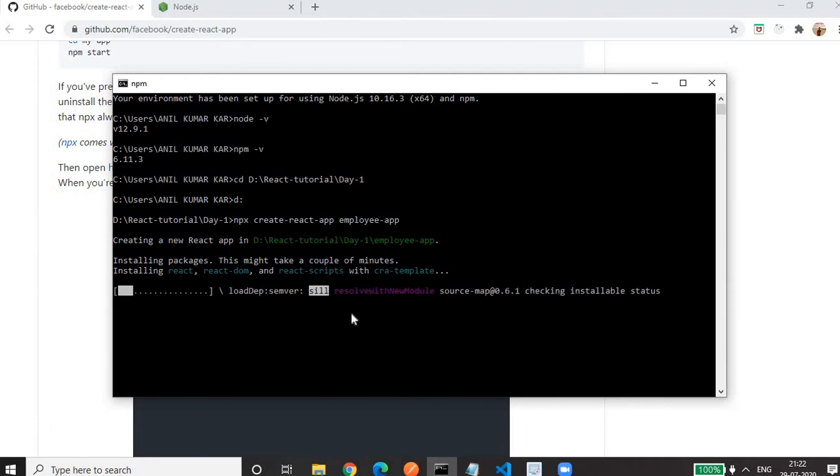Okay, and it's still taking some more time. Here we have to wait. So let's wait. It will take a couple of minutes. So this is all about React.js. Once it gets installed, we'll come to that.